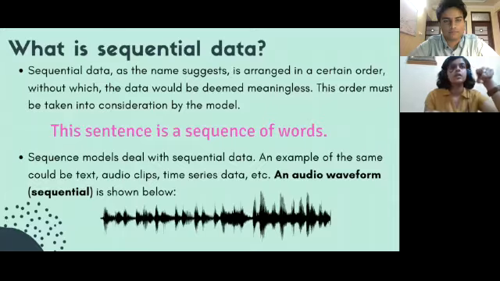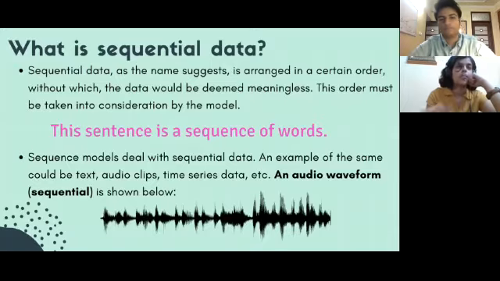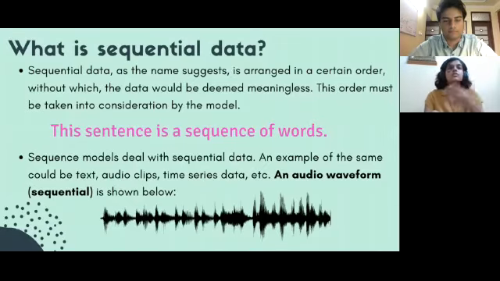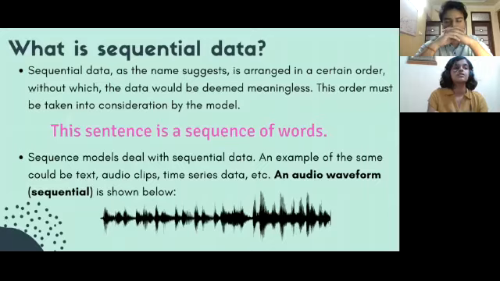Now that the formalities are done, let's get started and talk about sequential data. You see this sentence right here, highlighted in pink. It says, this sentence is a sequence of words. Obviously, we are able to understand what the sequence is conveying because these words are arranged in a certain order and they make the sentence grammatically and semantically correct. Let's say that we mixed up the words in the sentence, something like sentence this, sequence is, words of a. Obviously that made no sense to you or me, and it obviously won't make any sense to the model either. And because this order is very important when it comes to sequence models, they need to be able to preserve or maintain this order when they're getting trained on the data. Let's talk about that in a little while.